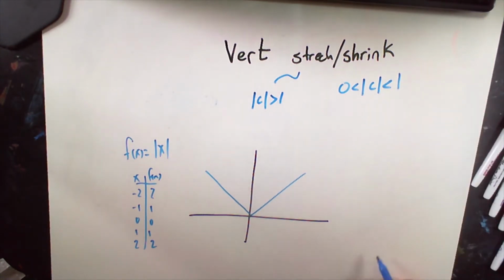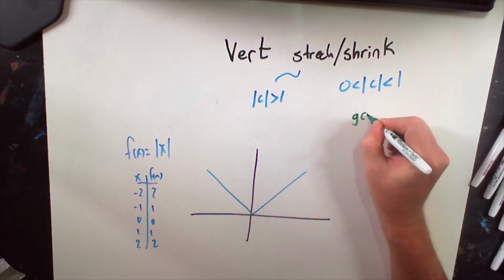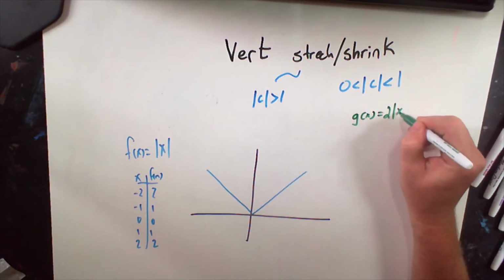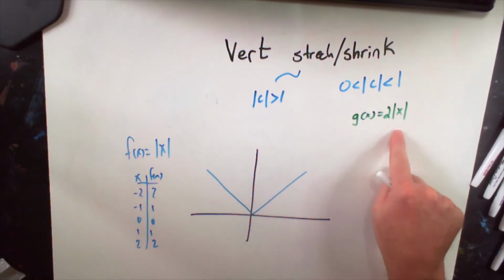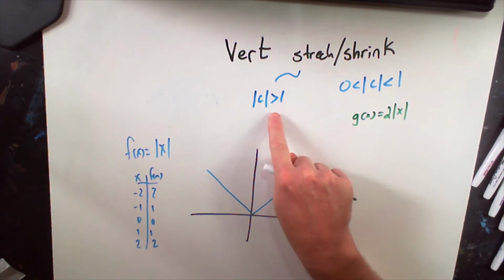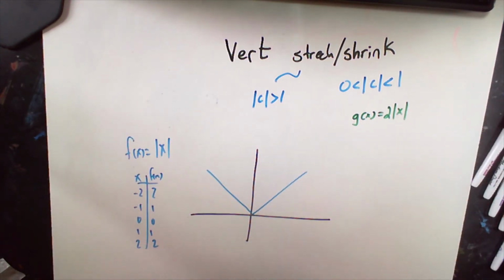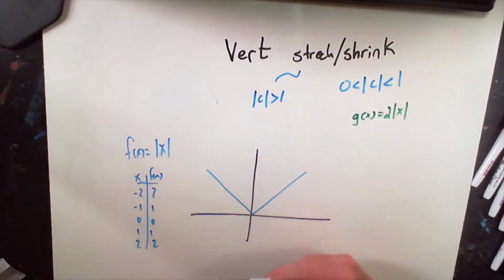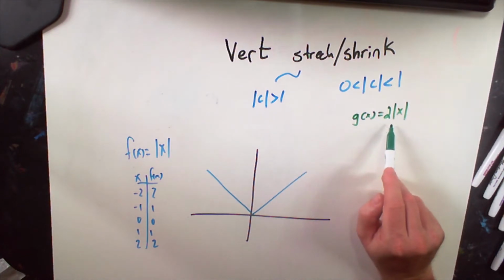So let's see what happens when we multiply by some numbers. Let's look at g of x equals 2 times the absolute value of x. Now don't get confused because these are absolute values and the function we're using is absolute values. This is just saying that it doesn't matter if you're going up or down. We've already talked about what happens with a negative, where that actually causes that vertical flip. So if I multiply by 2, right,